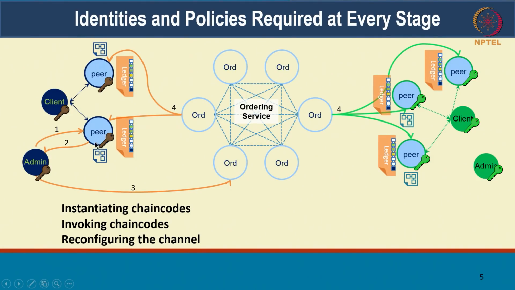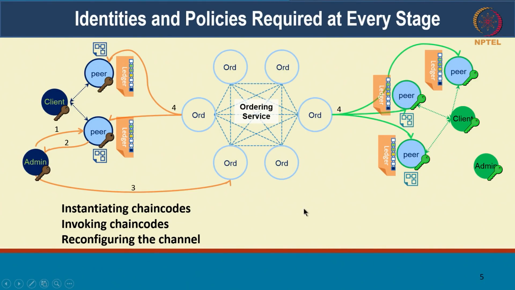The channel already has information about who all the peers are that have joined this channel. So it will go and communicate to all the peers who are part of the channel. In this case, it has these 5 arrows. It communicates to all the peers saying, hey, for this channel, there is this new chain code which all of you have to instantiate. So all the peers will go ahead and instantiate that, and the channel is now reconfigured to include that chain code also. So that chain code is also part of the channel.